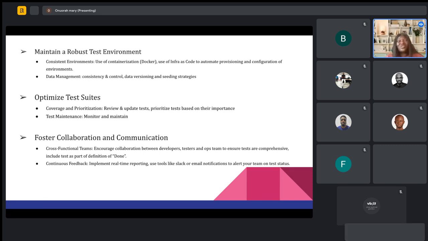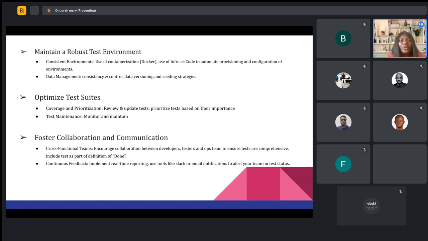And this is the same principle that is applied here. So you have to make sure that you do a regular review and update of your test cases to ensure that it covers the most critical parts of your application, and the critical functionalities of your application are covered.